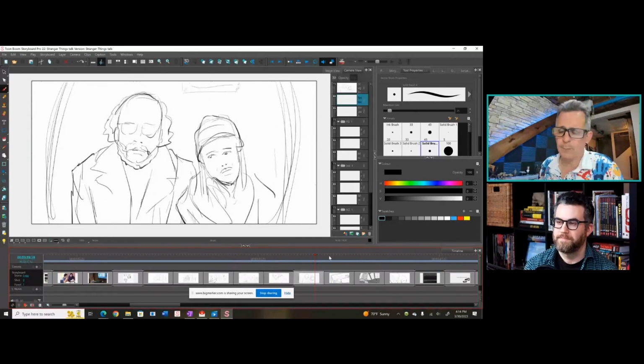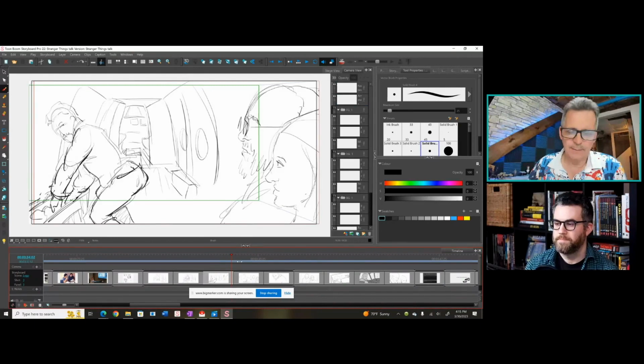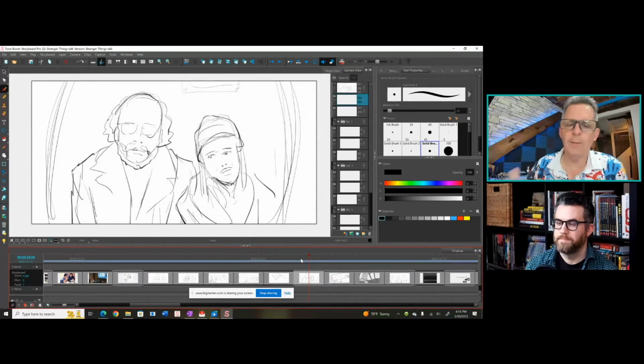And one of the nice things about working with Storyboard Pro, and I do these fast, and you're seeing literally the first pass on rough sketches here. Because it's on a timeline, if there's a camera move, I would actually do the camera move on my thumbnails.